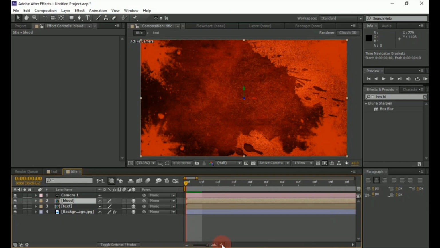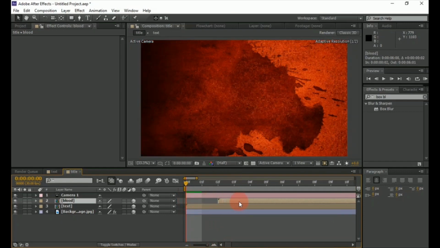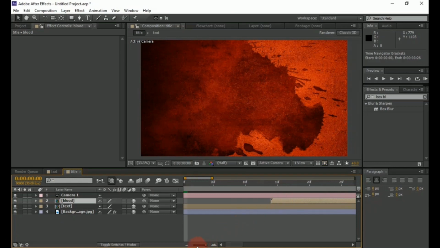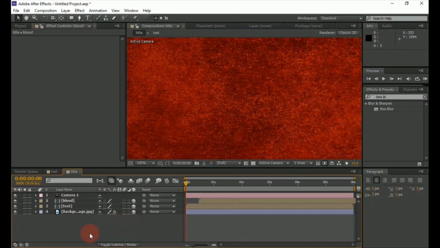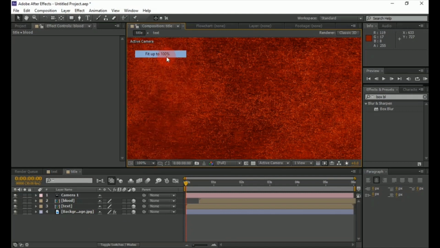Now zoom in the timeline and change the blood texture layer starting value to 14 frames. Now our animation is completed.